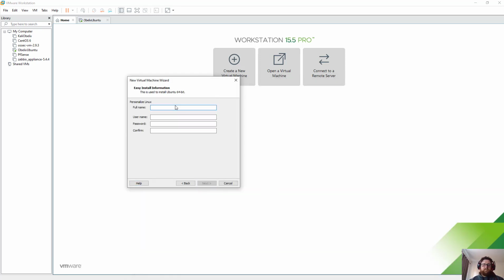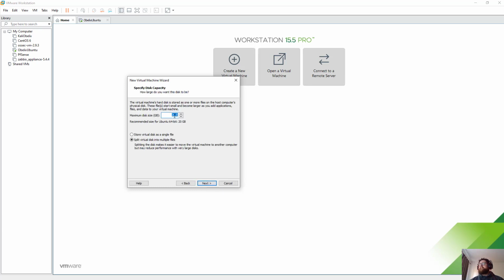Here, enter full name, Ubuntu Server Lab. Right, and here's the location where we are going to save the file. So next, and then the size. All right, I will put 60. It's just for test. Here I will store a single file. So next,